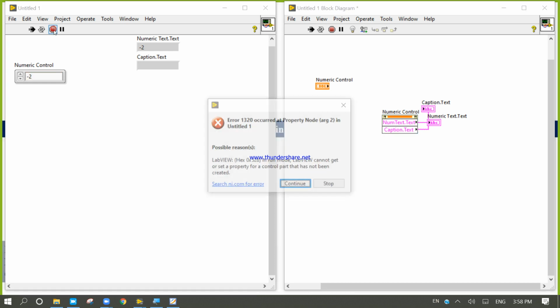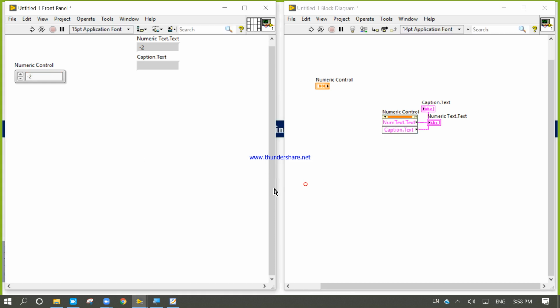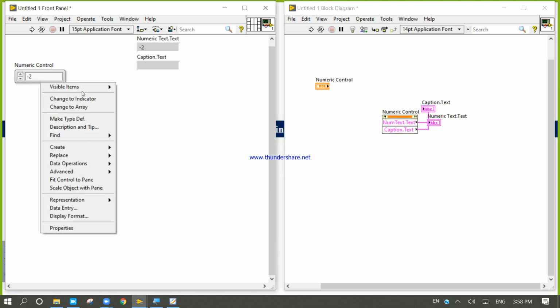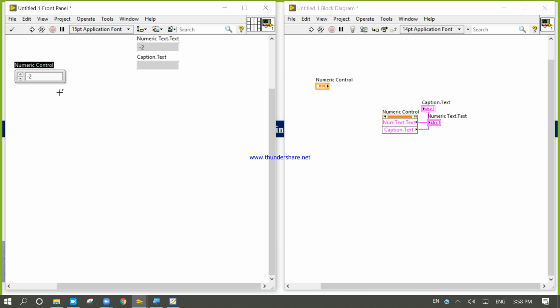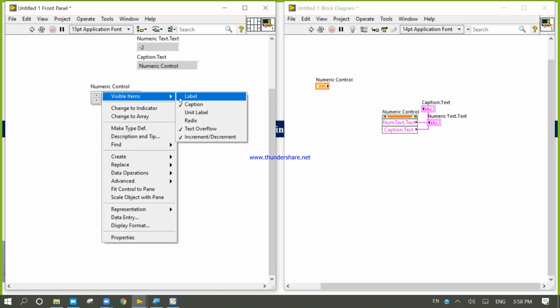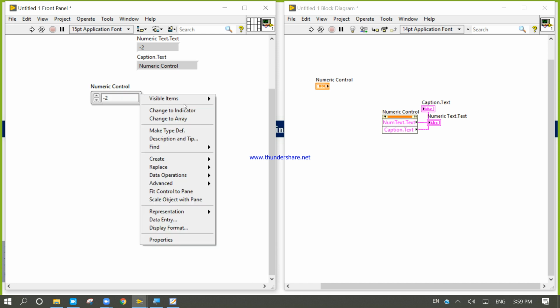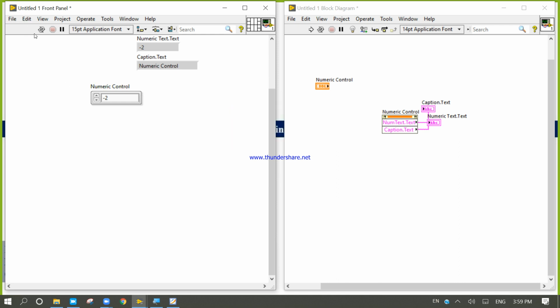Okay, so for that we need to stop. Right now I will right click, I will come here. There is label is on. Okay, I will delete. Now I will open the caption. If I run, so caption is numeric. Look at here. Why in the last run did it not work? Because the label was on, and I cannot change the label. I can change the caption. So if I turn on the label and turn off the caption, and I run, it will not work.